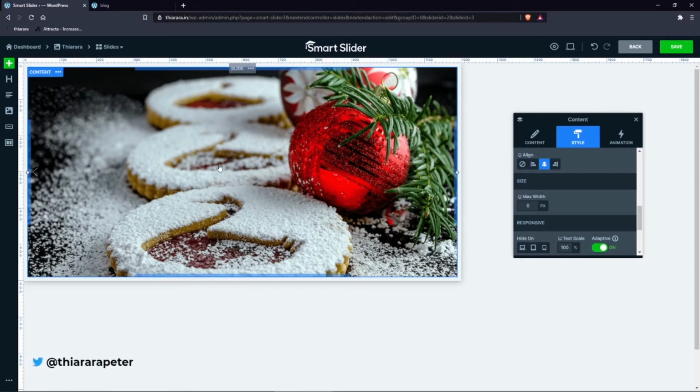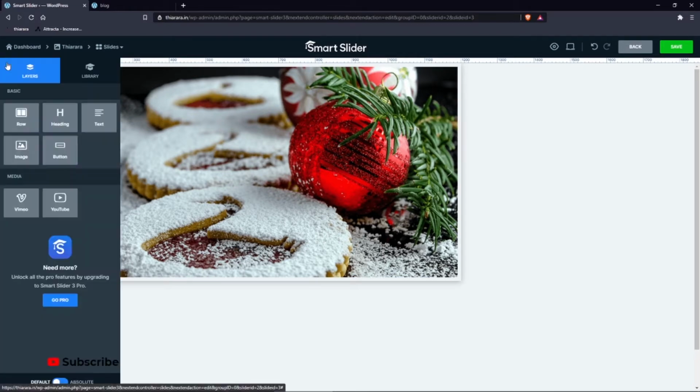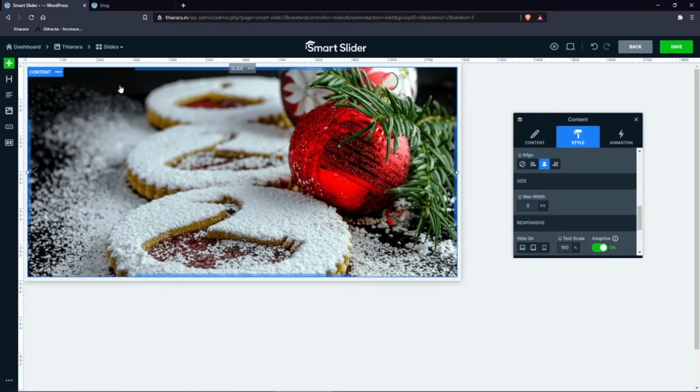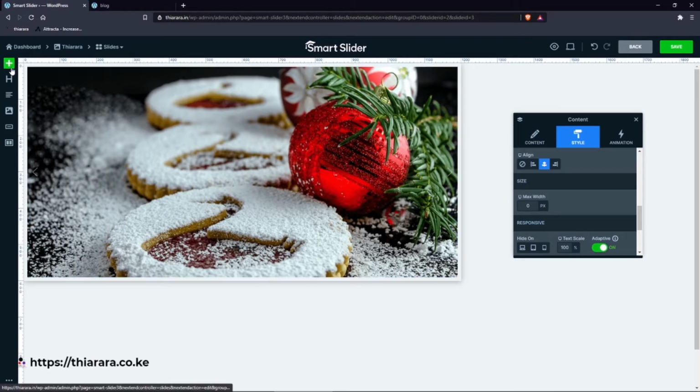So let's now come here and add some more options. On click on this add layer, you see it has so many options you can use, and so many other features you get with the pro version. So we're just going to add here, we need a block. So let me add